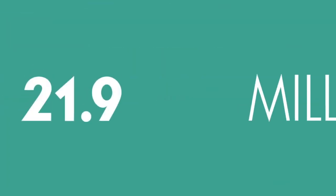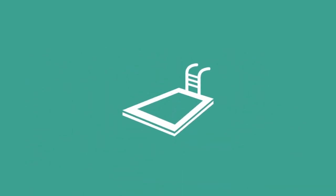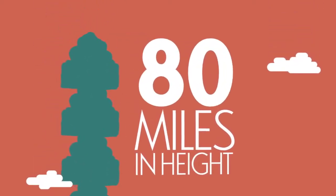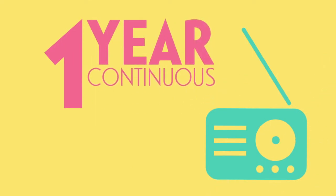And the 21.9 million cups of tea served would fill an Olympic swimming pool over 3 times. If you stacked the 2.7 million scones made on board on top of each other, they'd reach an amazing 80 miles in height. Cunard's guests have enjoyed almost 8,000 guest lectures, the equivalent of nearly a year's continuous radio broadcast,